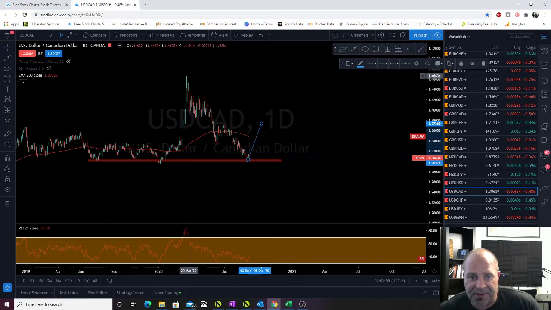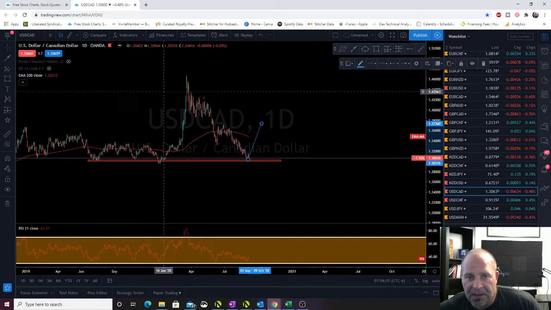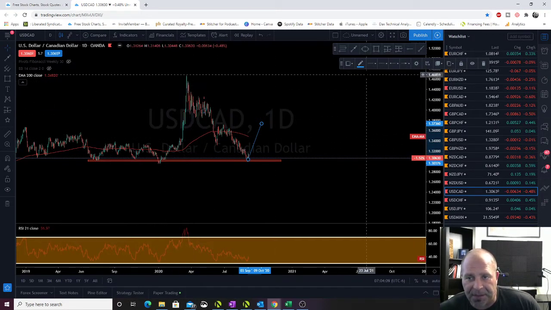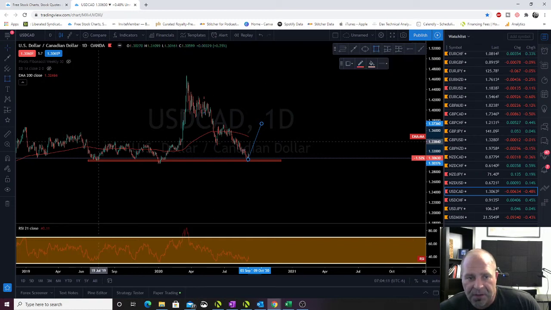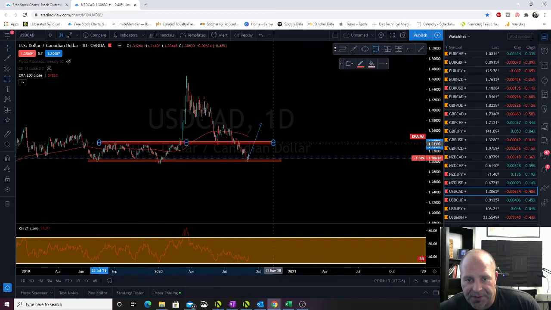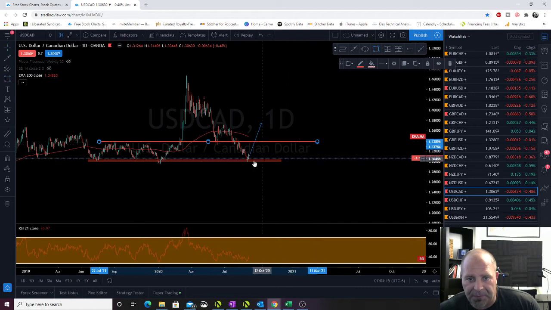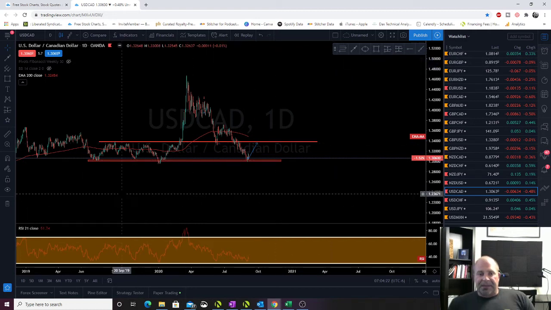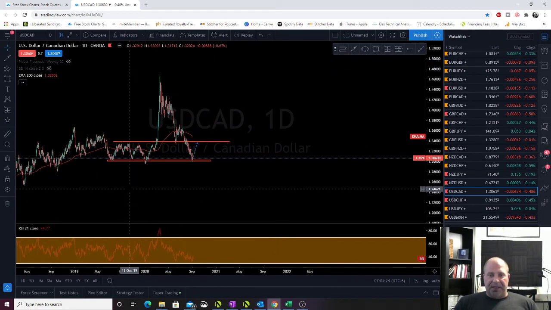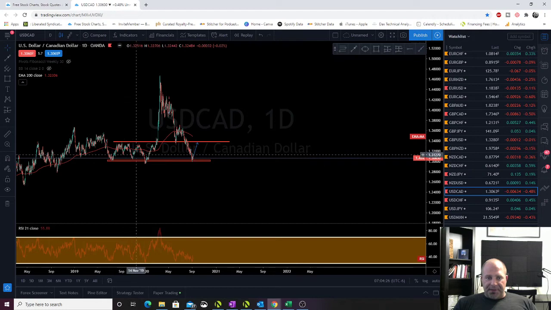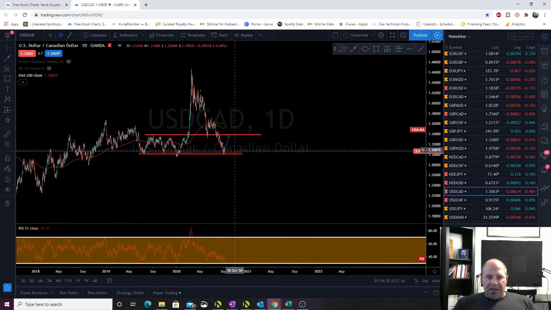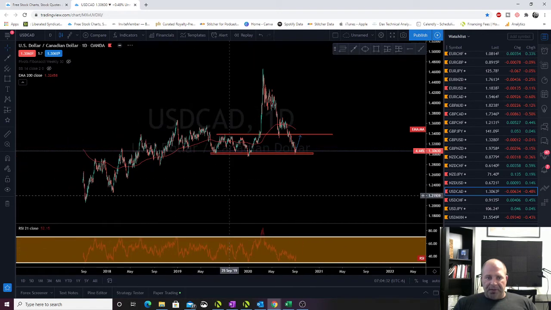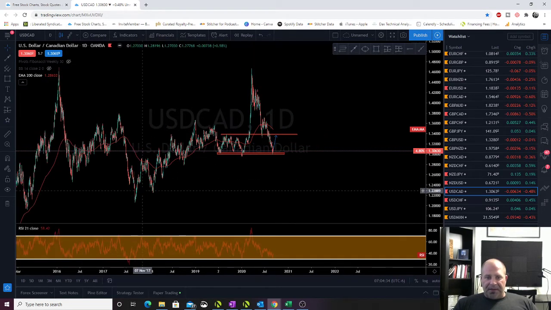Now, this is obviously the COVID freak out. So will we get all the way back up here? Or is it logical last year's range will be the range we go in? Right? That's a more logical way of thinking. Here's last summer to fall. Here's this range. Or will we break down and come all the way down to these levels,